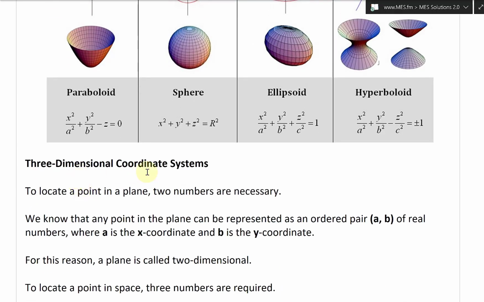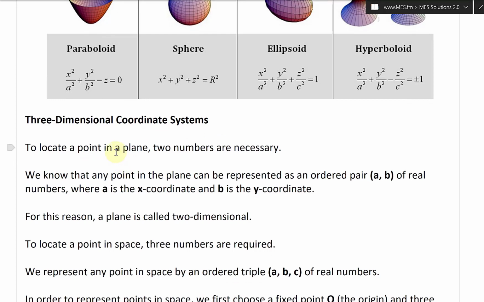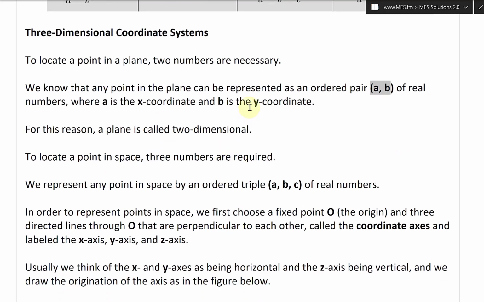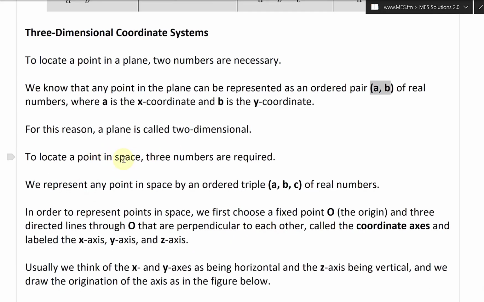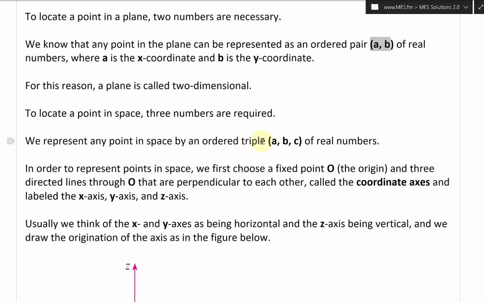Three-dimensional coordinate systems. To locate a point in a plane, or just a flat sheet, two numbers are necessary. We know that any point in the plane can be represented as an ordered pair, for example A, B, of real numbers, where A is the x-coordinate and B is the y-coordinate. For this reason, a plane is called two-dimensional. To locate a point in space, so in three-dimensional space, three numbers are required. And we represent any point in space by an ordered triple, A, B, and C of